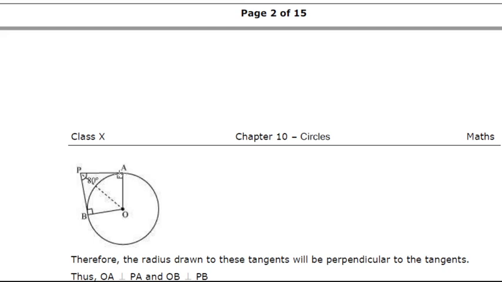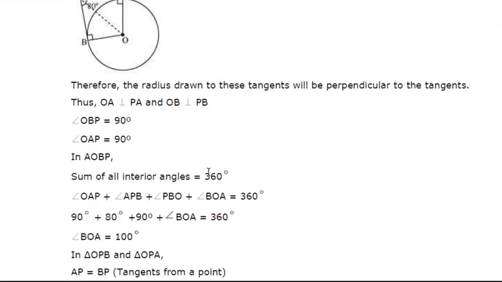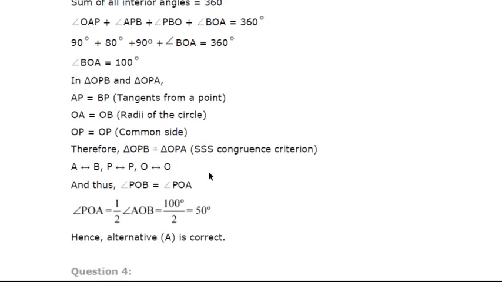This is how much? 90. So when you join this line to the center, it must bisect this angle. So this angle is total 80. Now its bisector is 40, 40. I mean this is 40 and this is 90. 90 plus 40 how much? 130. So this angle must be 50 degree because the sum of all interior angles of a triangle is 180. So this property you have to use, and after that your final answer is